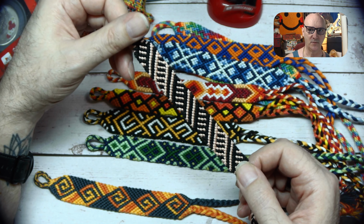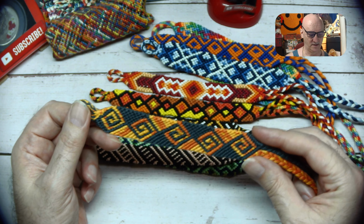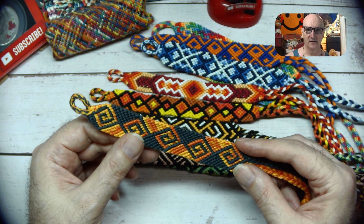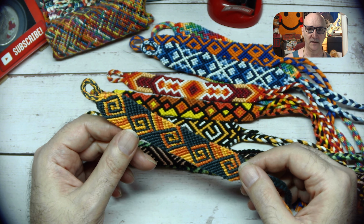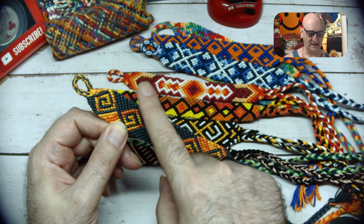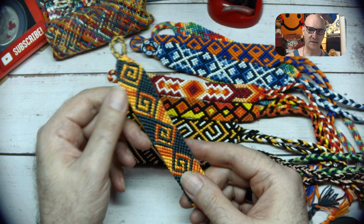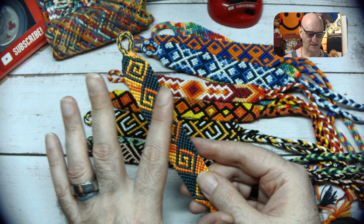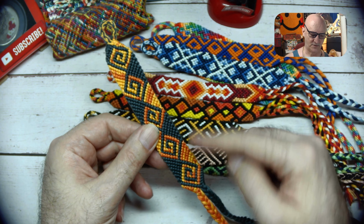So yeah, if you're a beginner and you want something that's kind of fun, this one or the next one, because this too is nothing like the pattern that was given to me. The pattern that was given to me, that one I hated. I just didn't care for it, but it inspired me that we could do an easier version of it. And basically it's like a candy stripe in this direction and then coming back, and because this was variegated, you can see we came through this direction, and then this came this way, and then this came this way, right? You can see the direction with the lines,